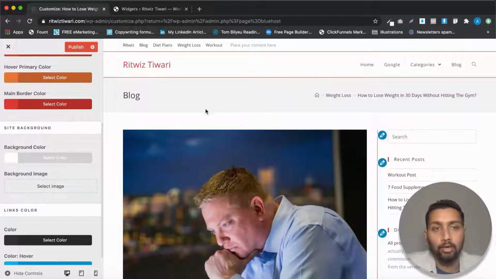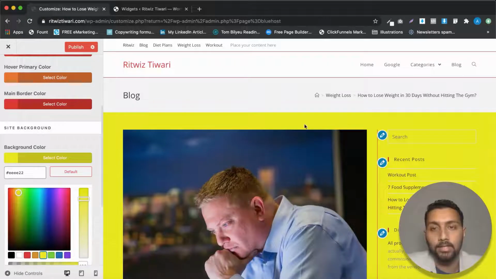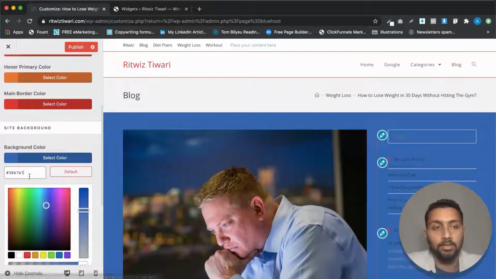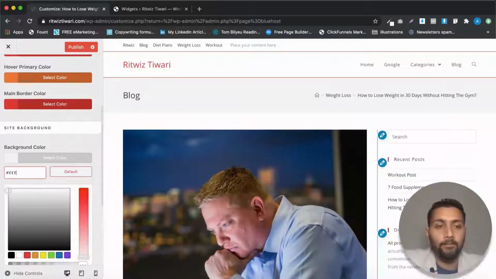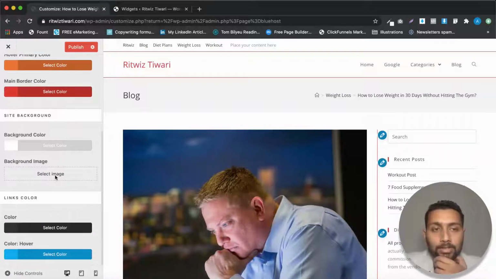Then we have the side background. Okay, the side background color is currently white, but if I want to change it, right, so you can see that the yellow background color is there, green, and if I want to change it to something in the shades of maybe gray, right? So I remember a code F5, F5, F5. So it is something like this, the gray background. But if you don't want that, I will just write it as FFF, which is the code for the white background. So let's keep it at white only.